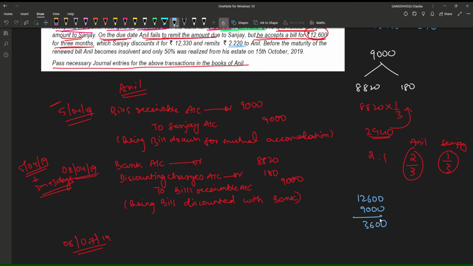And out of this 3,600, what has Sanjay done? Sanjay has remitted some amount. Okay, first of all, before this,